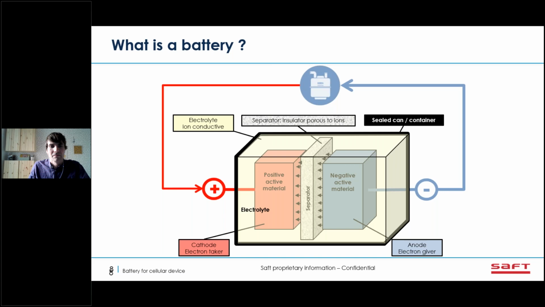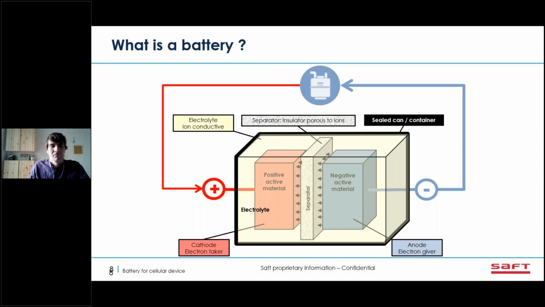The positive active material is the electrolyte. The electrolyte has two functions in lithium thionyl chloride: the ion diffusion between the two terminals inside the chemistry, but it is also the positive active material. And the negative active material is the lithium metal. It means that the two active materials in the liquid cathode system are already in contact